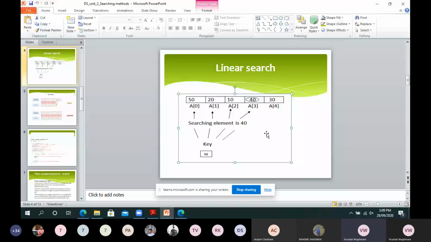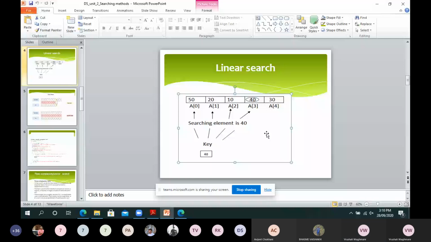So linear search is a very easy method. It starts comparing the key with the first value of the array, and it goes on up to the last value of the array. If our key is present at the last, it will compare with each element until the last element. And if our key is not found in that array, the search will return that the element is not found. This is a very simple method.